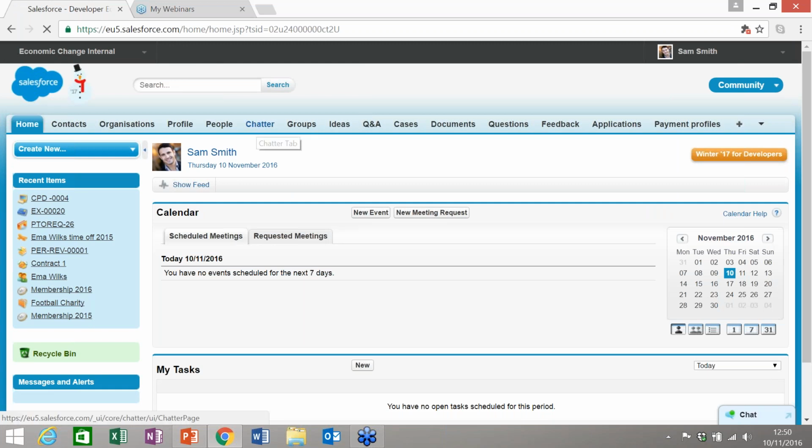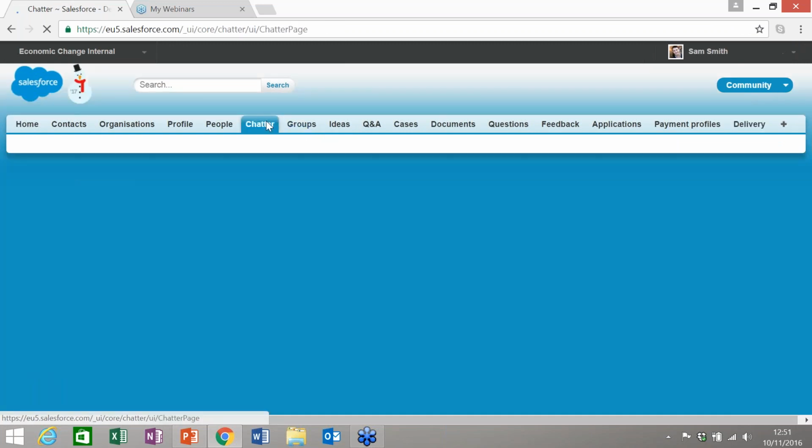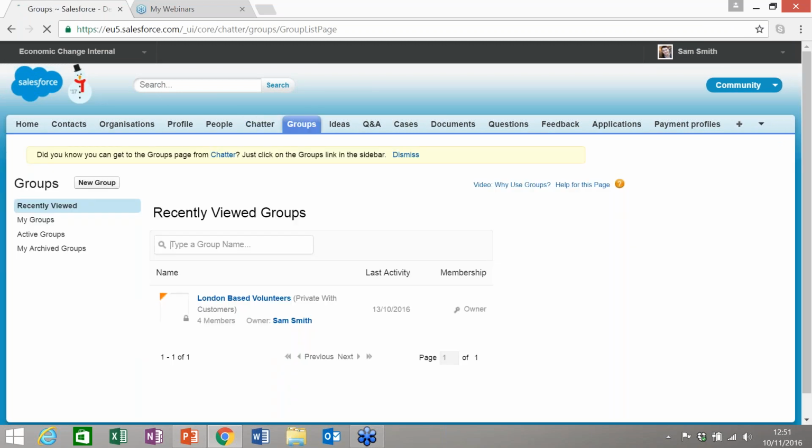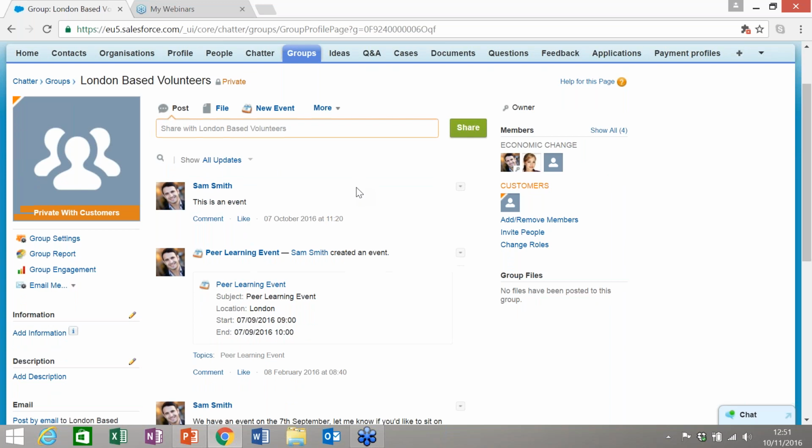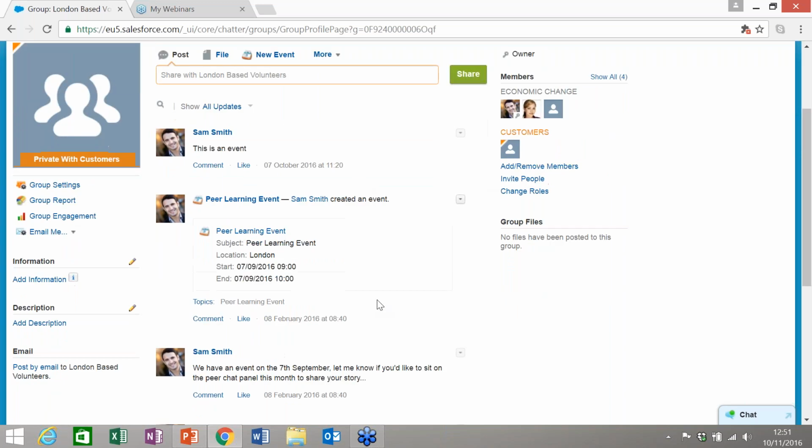Within communities, Salesforce comes with a function called Chatter. And with Chatter, you can set up internal groups. It can be visible and used by external audiences, but for the point of staff members, you can set up a number of groups. So here I've got London-based volunteers, which probably wouldn't be too applicable to staff, but the principle is the same. So you could set up social groups as well as professional groups for your employees to engage, and it provides a Facebook type interaction where people can post